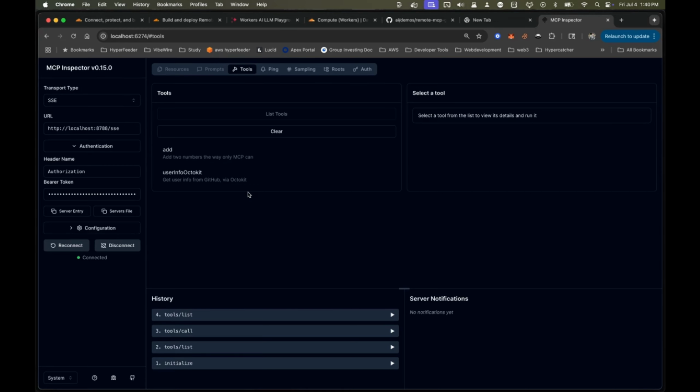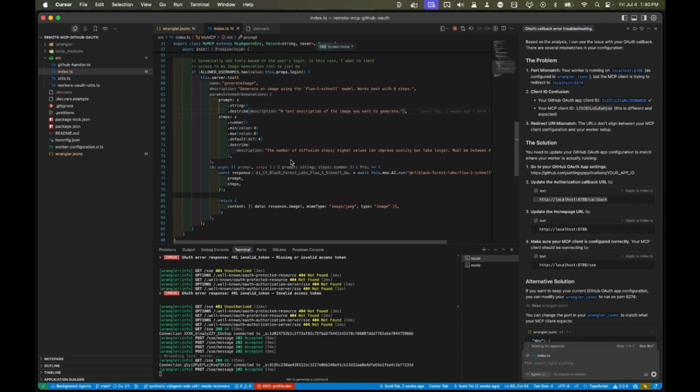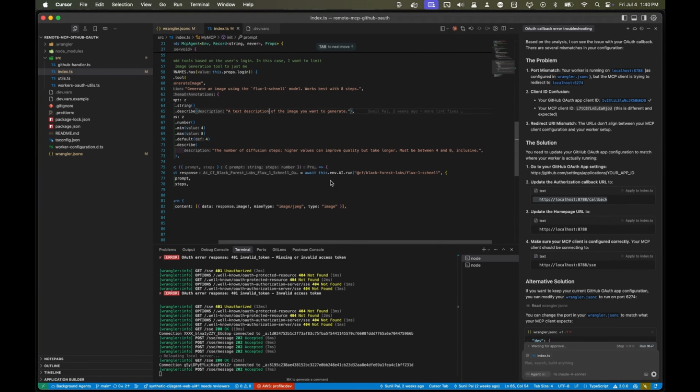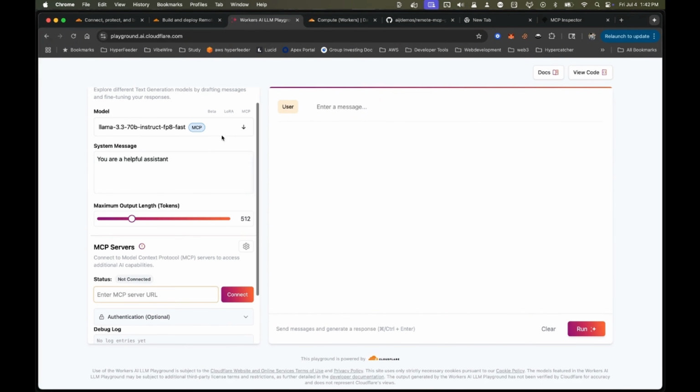Now when we reload, let's clear the tools and list the tools again. When it makes that additional call, you can see now I no longer have access to the image generation tool. So that's how you would interact with Cloudflare via this very basic MCP inspector tool. Next, let's transition over to the playground, which Cloudflare has set up for us,